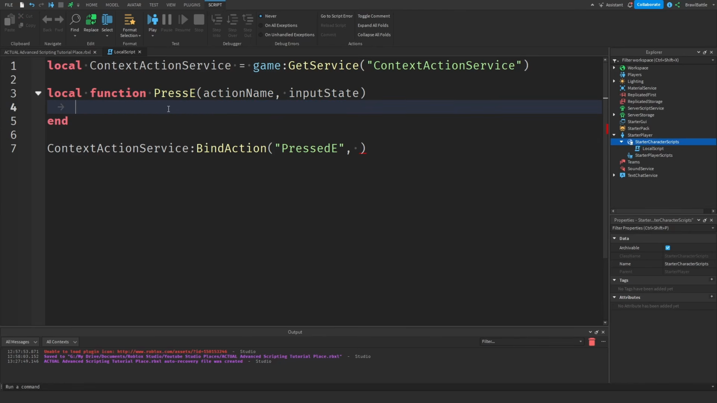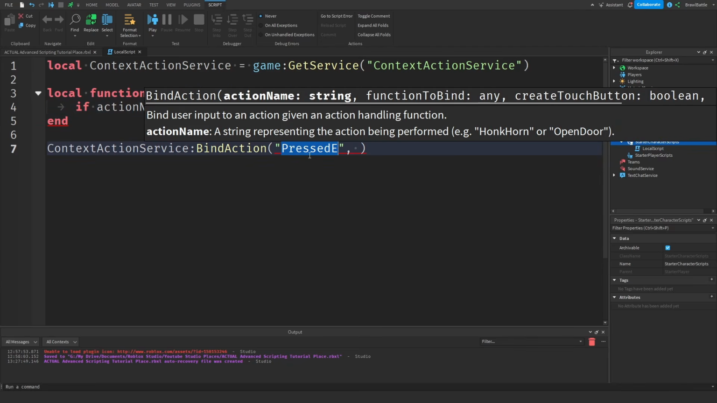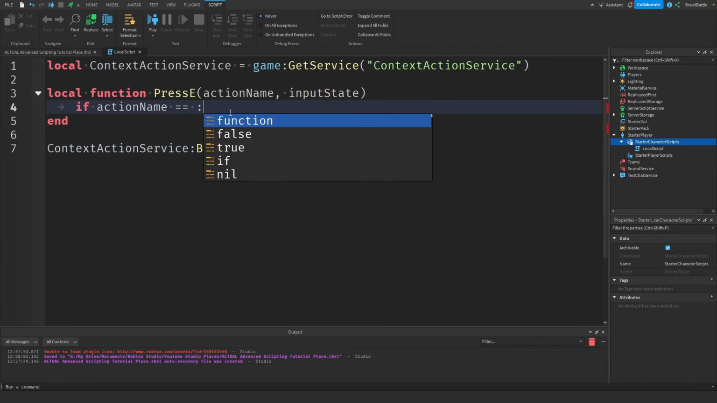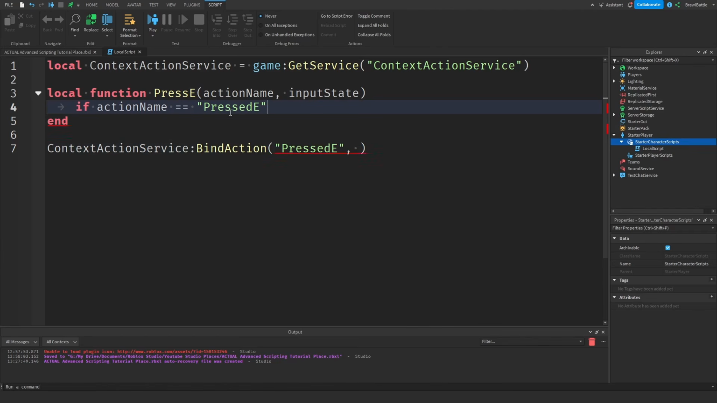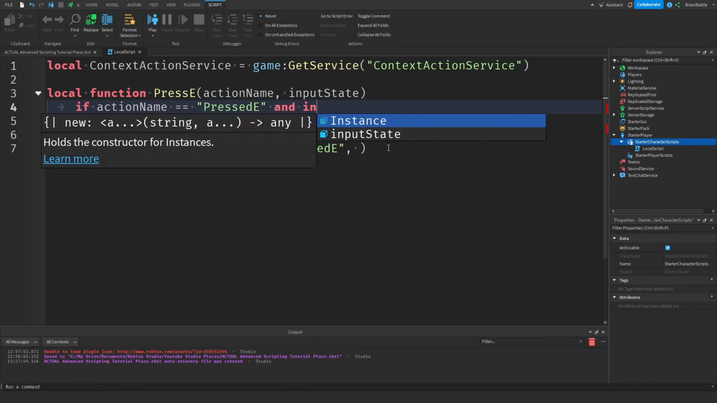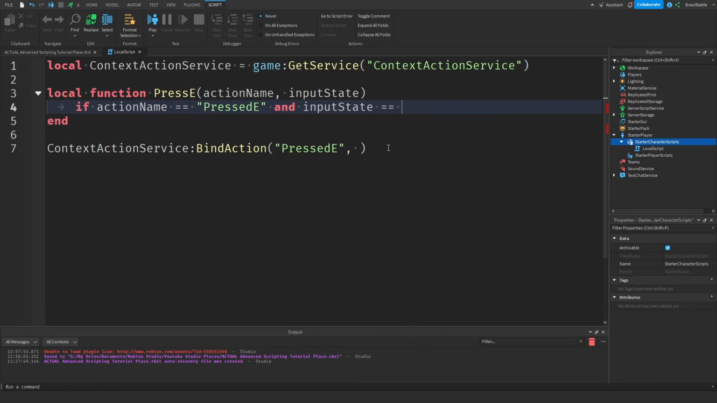So in this function, we're going to do 2 checks to make sure that this action is valid. The first thing we're going to do is check for the action name. So we're going to say if action name equals whatever our action name here is, which is pressed E. We can just say pressed E. And what we're also going to check is the state of the input as well. So we want to do this when the player presses down on the E key. So we're going to say input state equals